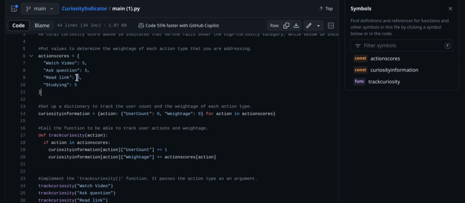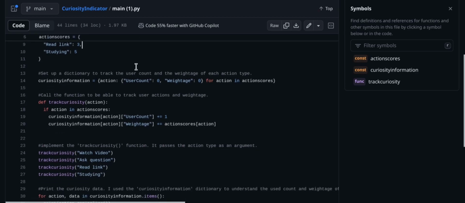The only thing is this read link thing, I might change it. It's also because of how people read. A lot of people read actively. A lot of people may not read as actively. So I put that median value, and it could be the same thing for watch videos and maybe asking questions. That's why I consider this to be a pretty subjective model, and so that's why I'm still working